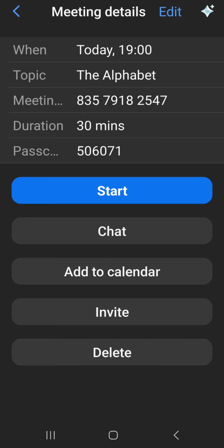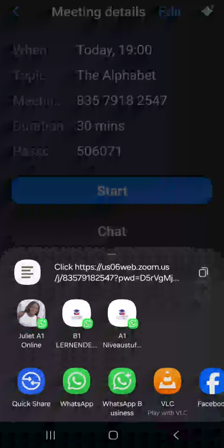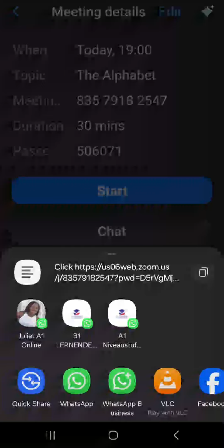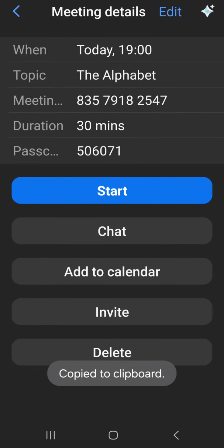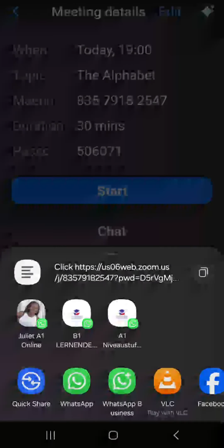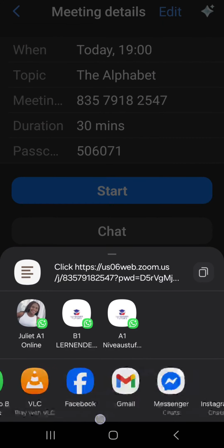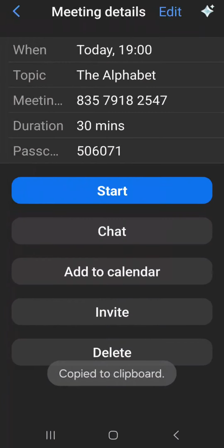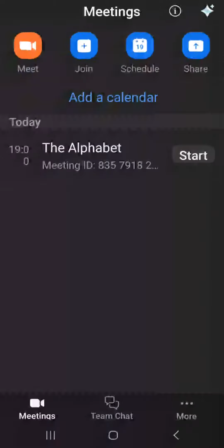invite, you can see now here there's start, there's chat, add to calendar, invite. Now I could click here on the invite, and then I copy the link like that. Right now the link is copied. Or I could click invite and then share it with people on WhatsApp, depending on where you want to share it, etc. So I've copied the link. Now you can paste the link on WhatsApp, you can paste it on email, etc, right? And then they'll be able to join as soon as the meeting starts today, right? So that is more or less how to